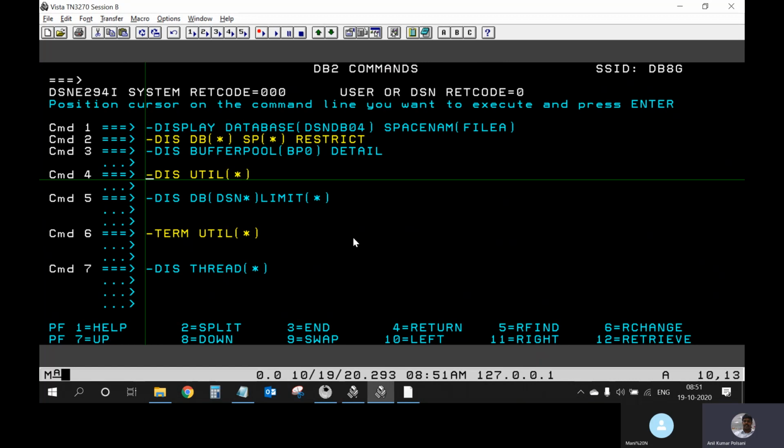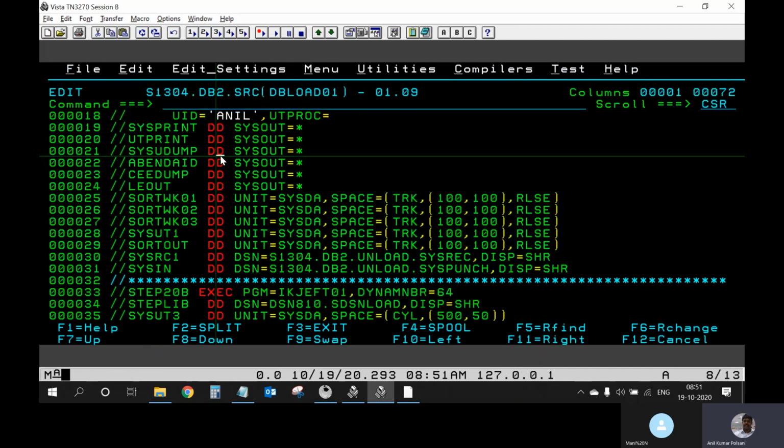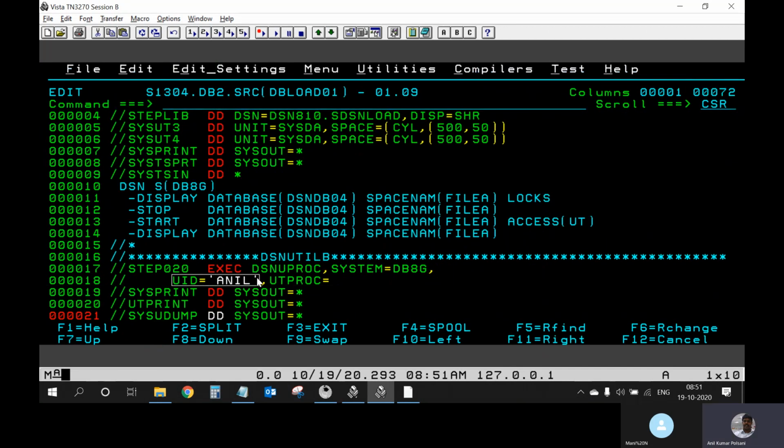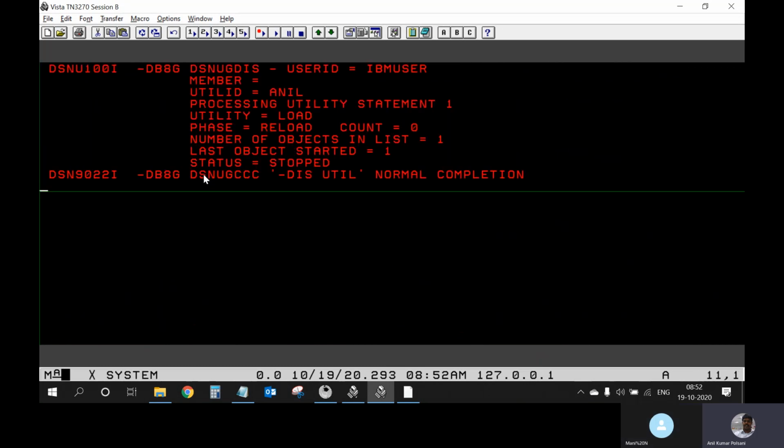For that, you need to know the utility ID. Basically, you can see the utility ID on the job itself. Here it is, UID. Regularly, it will be your job name or your step name. In our case, I kept my name as the ID, and that's what the system is showing us: this particular utility's current status is now stopped.